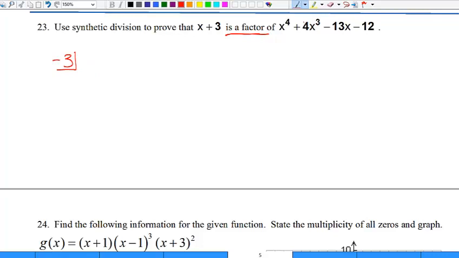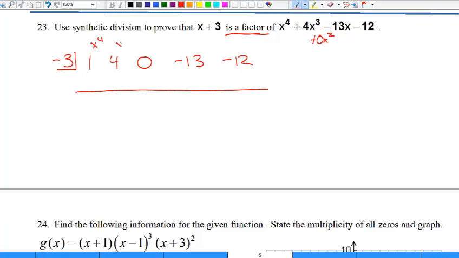Now, notice we have x to the fourth, 4x cubed, and we don't have an x squared. So we're going to have to put a 0 in for the x squared spot. So this is x to the 4, x cubed, x squared, 0x squared, then x, and then the number. So the 1 drops down,